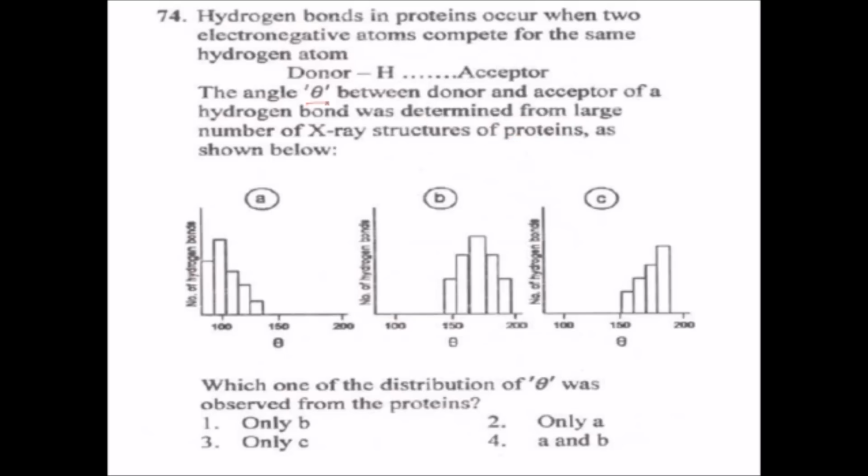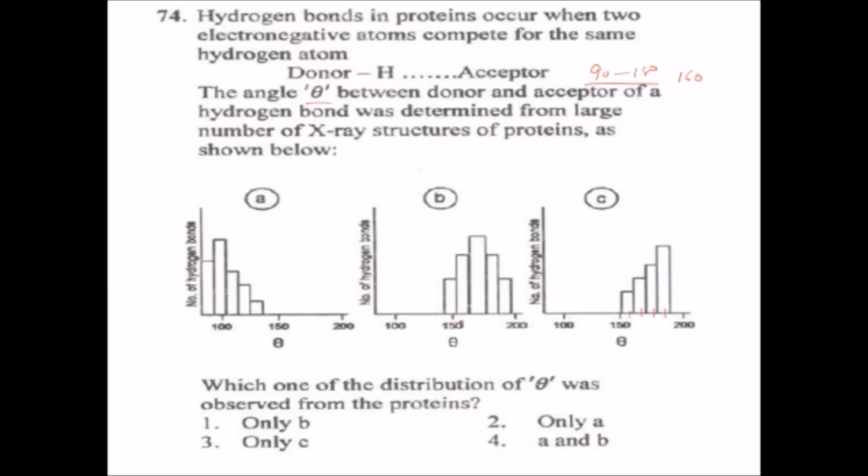Actually, the theta angle between the donor and acceptor generally varies between 90 to 180 degrees, or, if more appropriate, at 160 degrees. So if you look at all the figures, A, B and C graphs, then come to graph number C. Here it's 50, then it will be 60, 70, 80, 90, and finally 120. You will come to know that this is more appropriate as per the data, which is 90 to 180